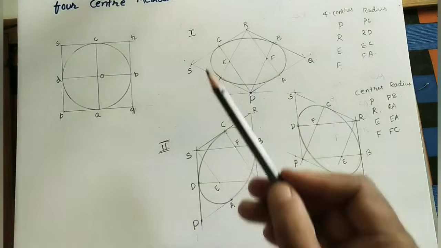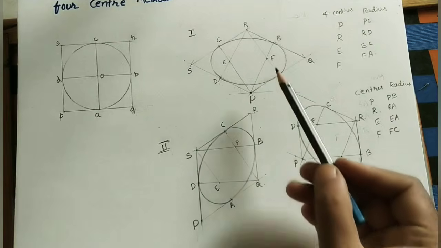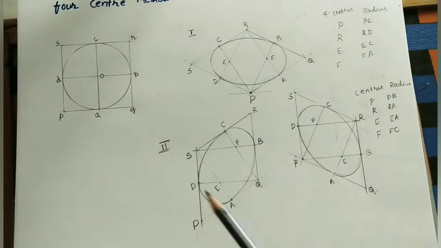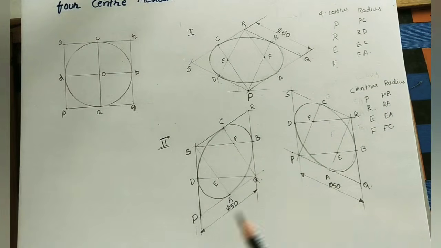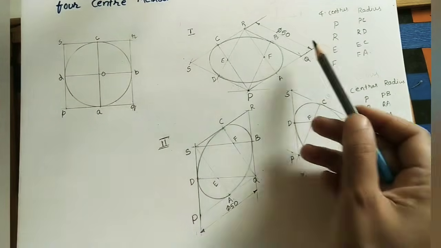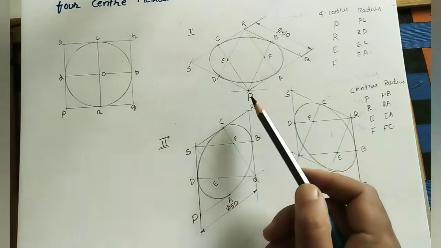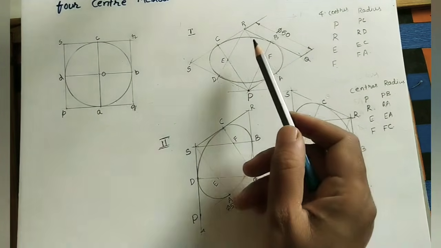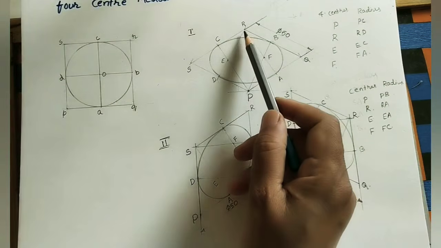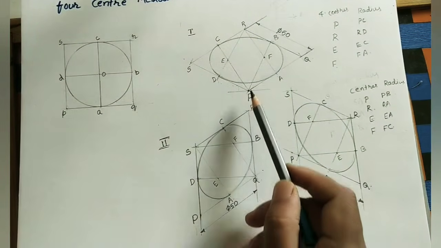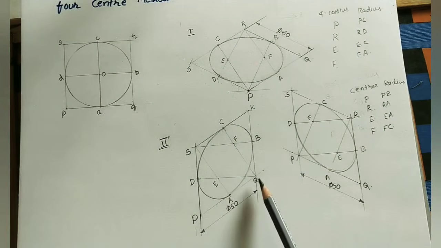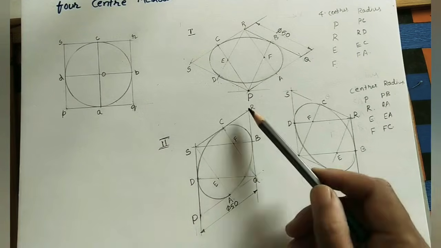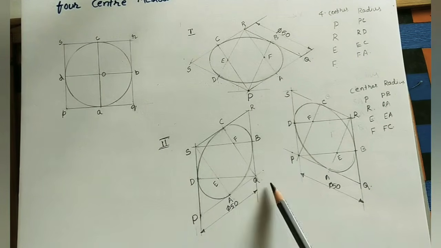In these 2 methods we are using the 4 center method for doing the isometric view. In the isometric view, a circle looks like an ellipse. In all the 4 center methods, after getting this rhombus box, always take the shorter diagonal length. Here in this rhombus, the shorter diagonal is PR compared to SQ. That's why we take these 2 as the centers initially. Here the shorter diagonal is QS compared to PR. That's why we take the shorter diagonal ends as centers.